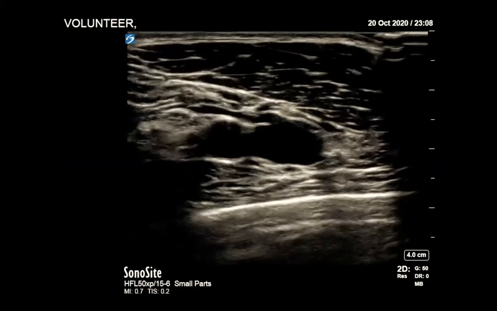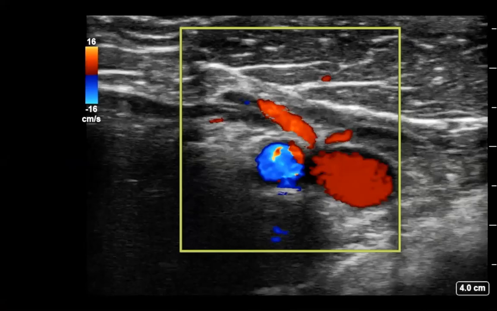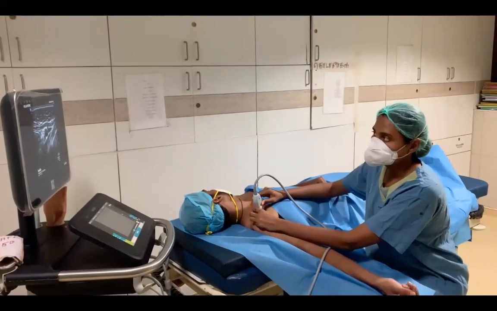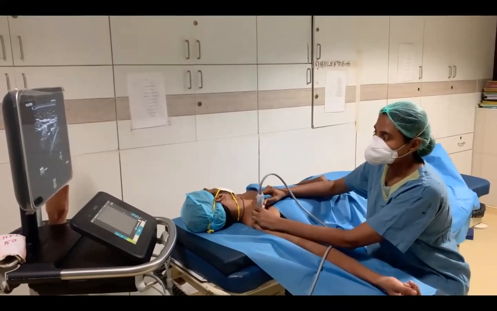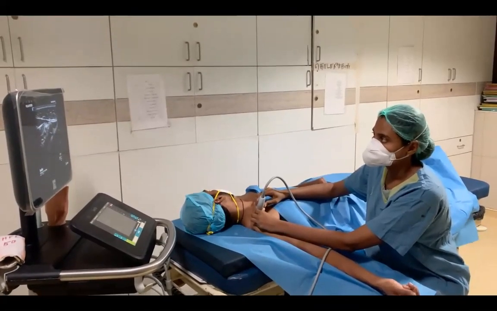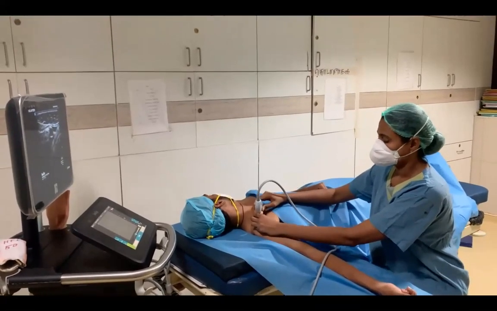If I scan further distal to the cephalic vein drainage, we can see the thoracoacromial artery branching from the axillary artery. Step 5 is to ensure that pleura is not visible in our image. If pleura is visible, we need to adjust the probe to get the second rib under the targets so that even if the needle is advanced, it will only hit the rib, it won't puncture the pleura.